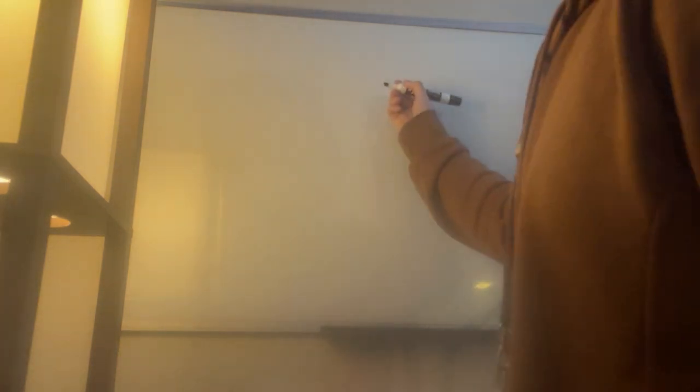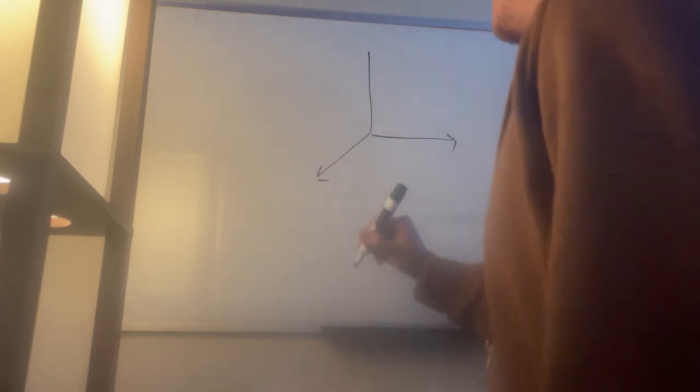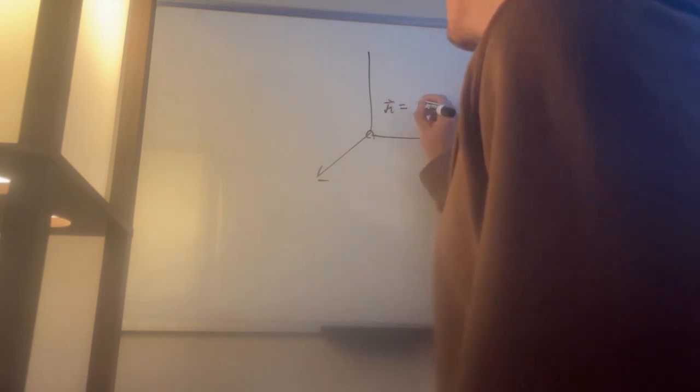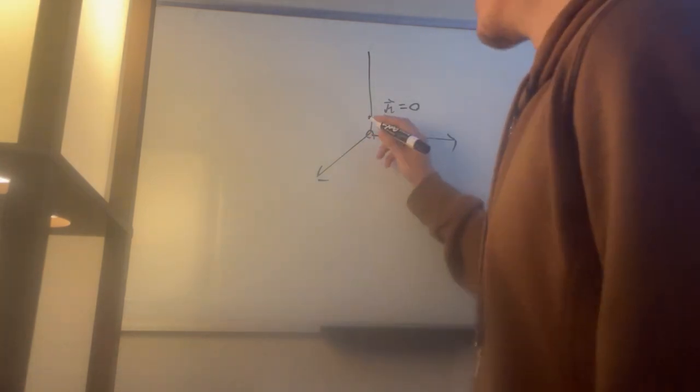So here we have a very interesting problem right here. Let's suppose that we have a charged particle. Let's say that it has a charge Q, and we're going to say that it has an initial position at r equals 0. All right. Let us suppose that it is moving initially in